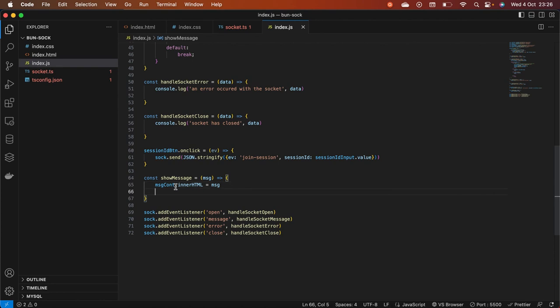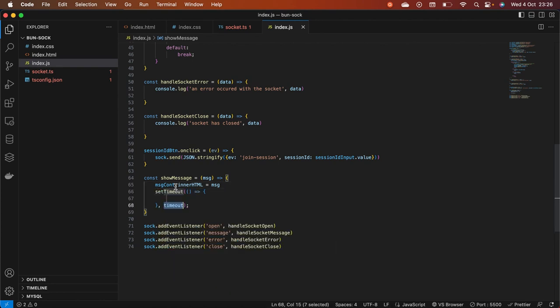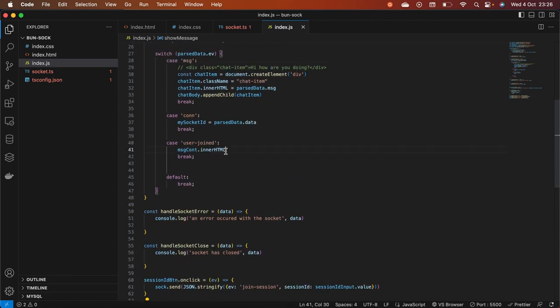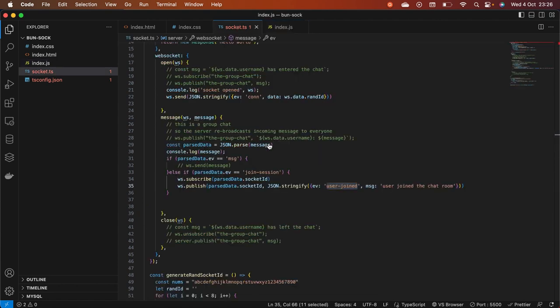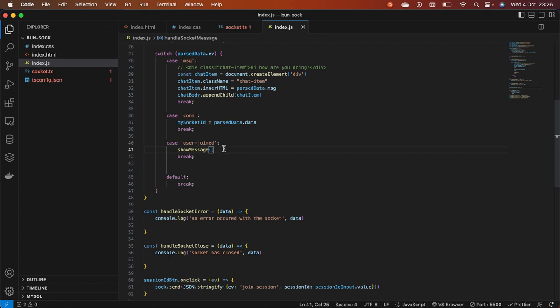Then setTimeout, let's set it to 2 seconds. Then msg.innerHTML equal to empty, just to remove the message. Show message dot msg. So it's going to